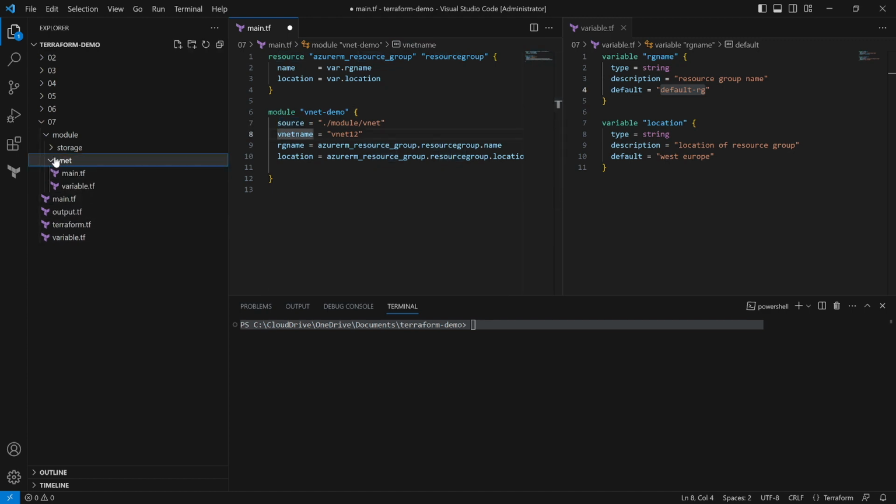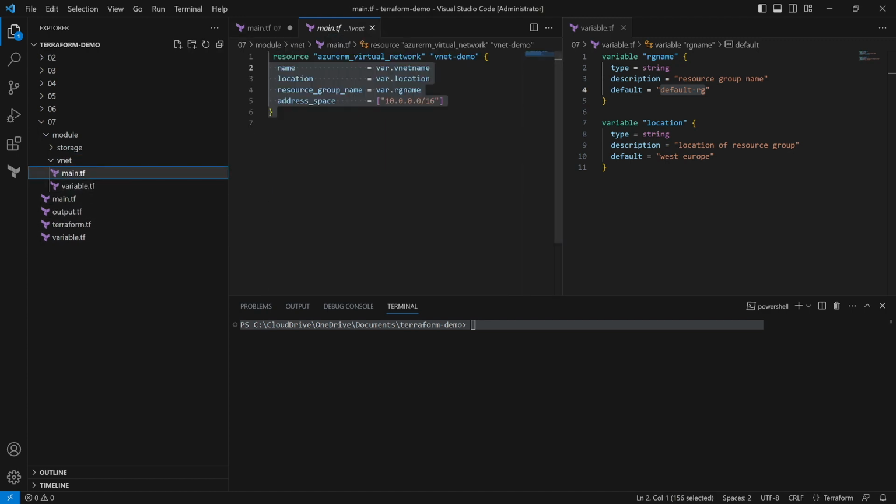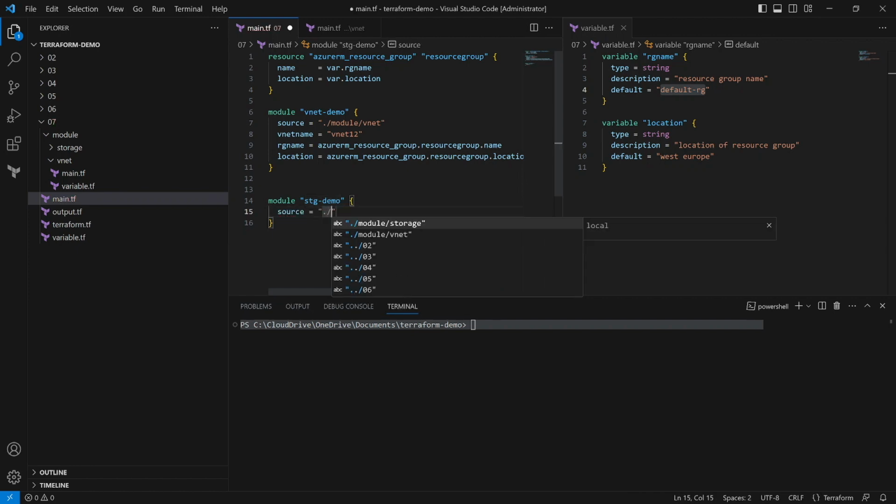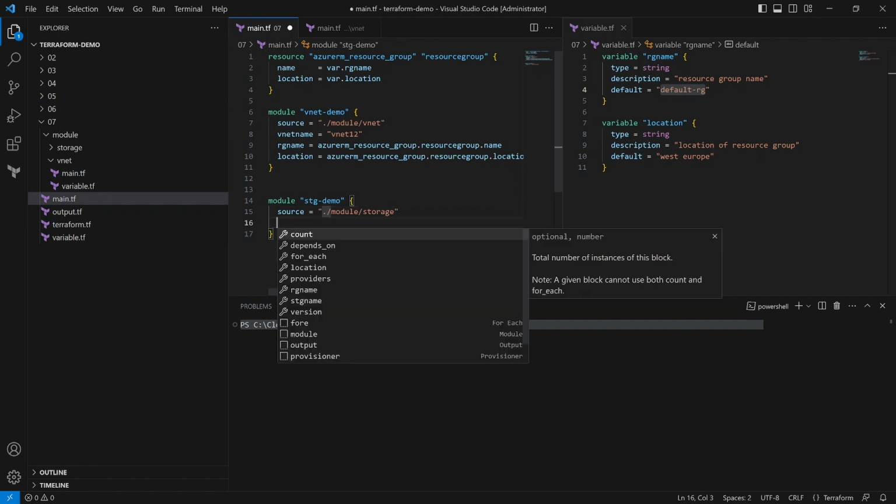So let's go to vnet just to recheck. We required name, location, resource group, and address space we are already providing here, so we don't have to provide it over there. So let's save it, and we are going to create another module name stg demo. This is the module name, and the source will be dot hyphen storage. So this is the source where our all the tf files are present,